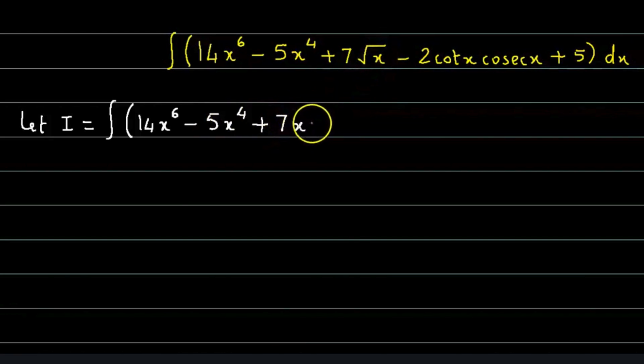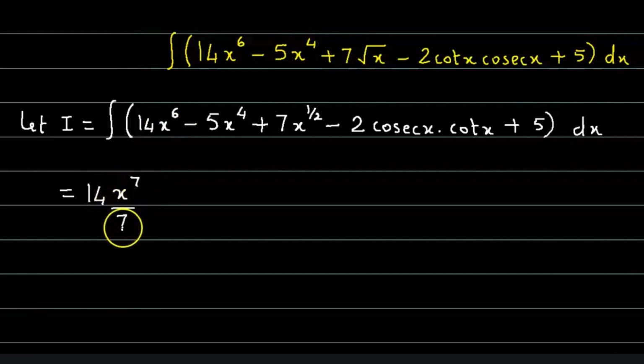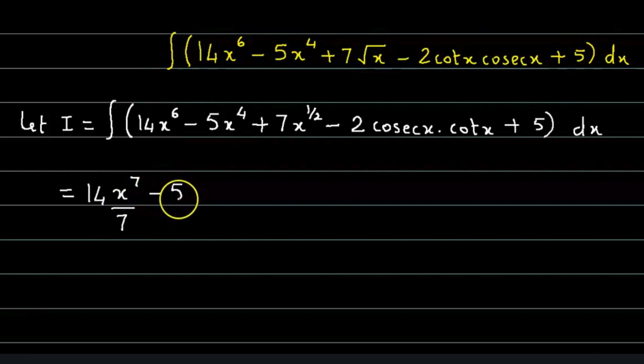x could be replaced by x raised to half minus 2 times, now we just rearrange these two terms, so it becomes minus 2 times cosec x into cot x plus 5 and dx. Now let us integrate each of the terms. So 14 is the coefficient, so we have 14 times integration of x raised to 6 is x raised to 7 upon 7 minus 5 times